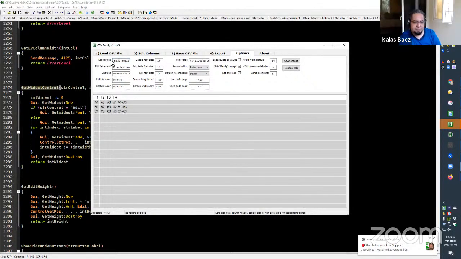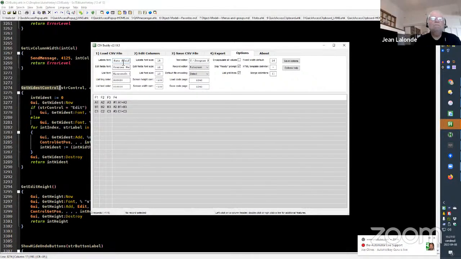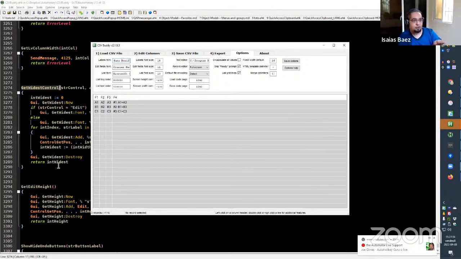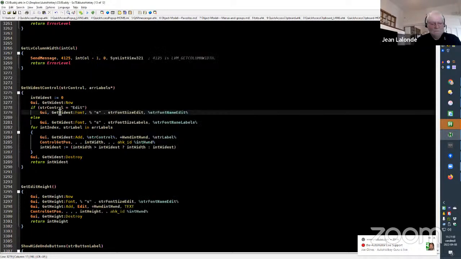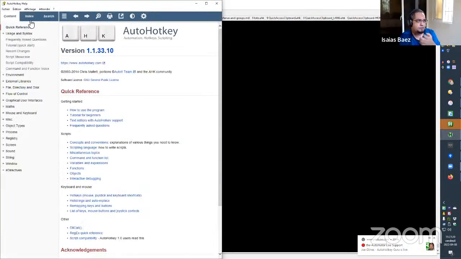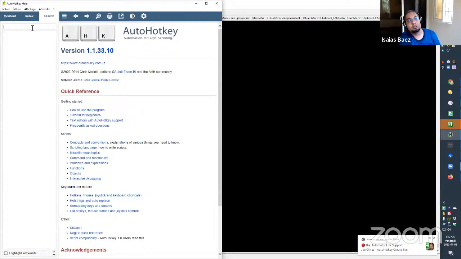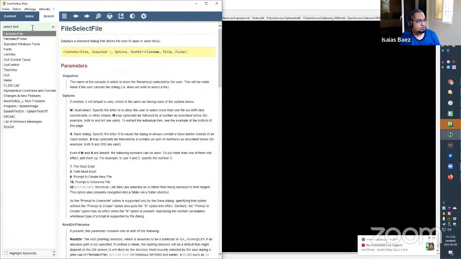No, but yes, I'm sorry. Let me see if I can explain myself a little bit better. It's not like you create the controls. There is a dialog from the system that is already made that you can use to select a font, right? So instead of you creating the GUI for selecting a font, you can actually just call the system dialog for that, and you have the option of, for example, picking colors, the color picker as well.